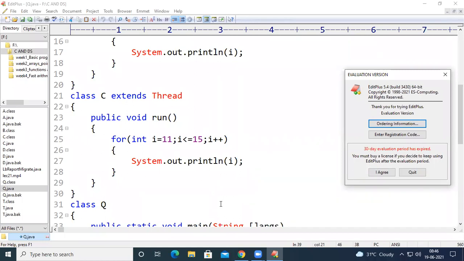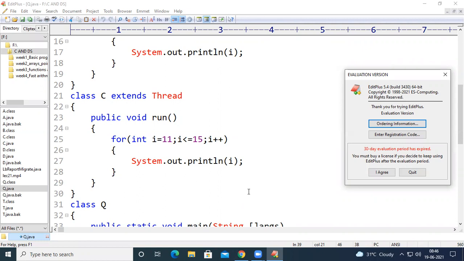Then we went through the life cycle of a thread, that is, the different stages that a thread passes through during its life cycle. And then we looked at how we can suspend a thread. We have seen that we can suspend a thread depending upon time, depending on a condition, and unconditionally.